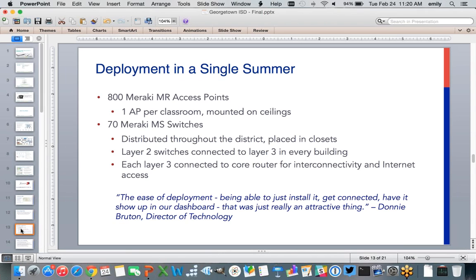The access points, we knew immediately when they were installed, because they would show up as active in the control panel. So it was just a very easy process. We had very few staff to do that, and luckily had some very helpful subcontractors to help us with the cabling and some of the other installation.